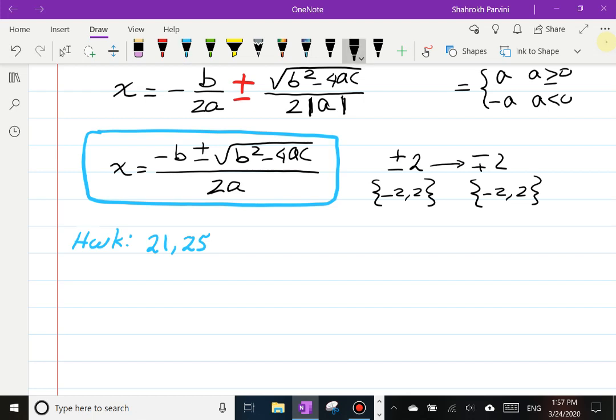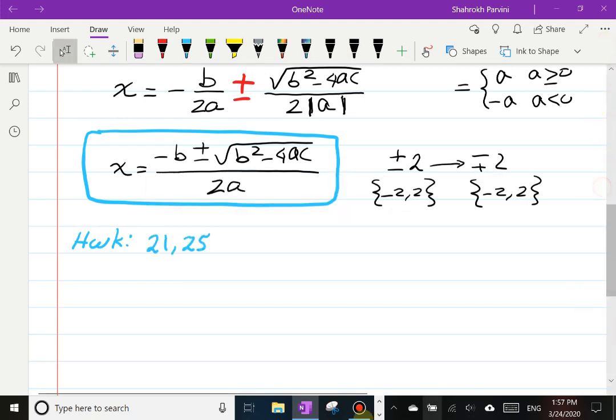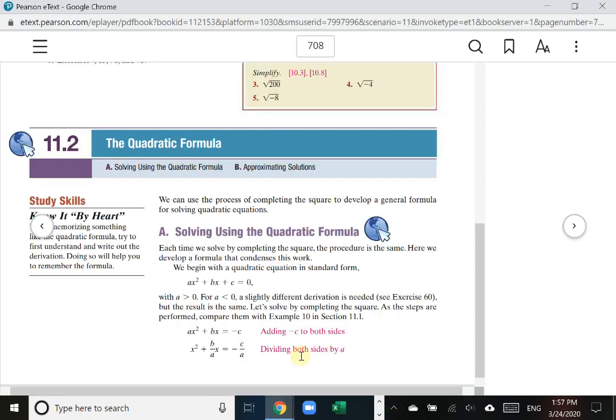Again, I think a couple would be enough for you to get a feel for how this is done. So let's take a look at, actually maybe start with number 8, and then I work my way towards 21 and 25. Now let me show you the page of the book here where the exercises are, and this exercise is on page